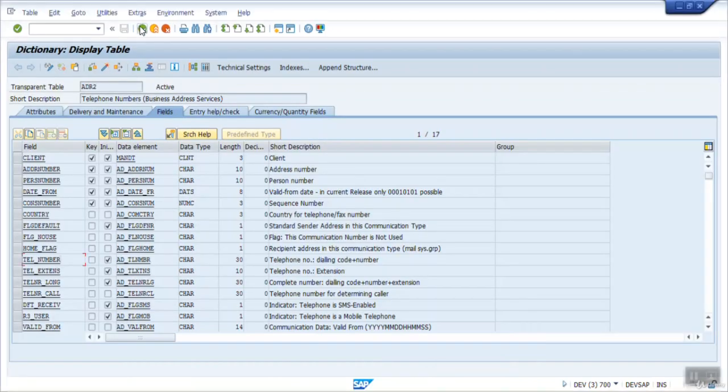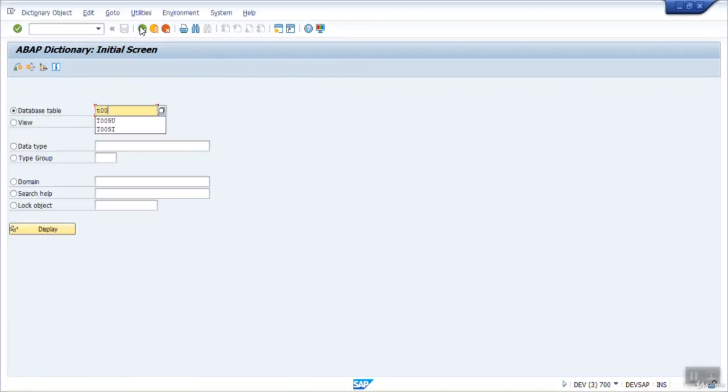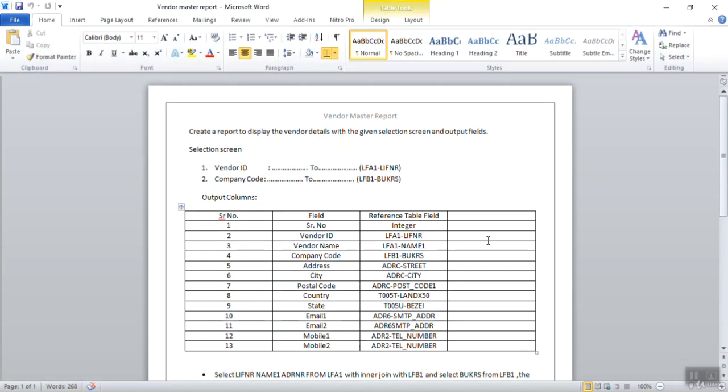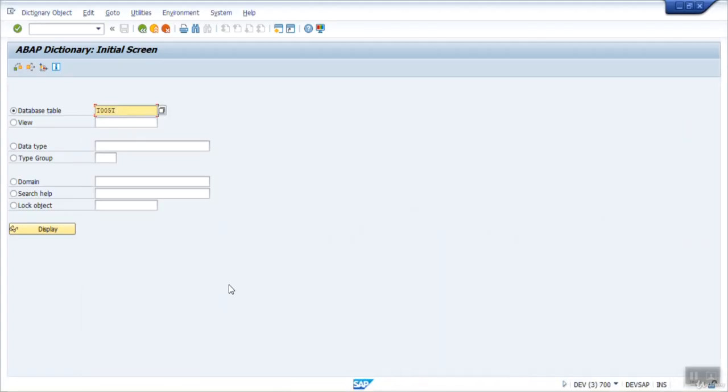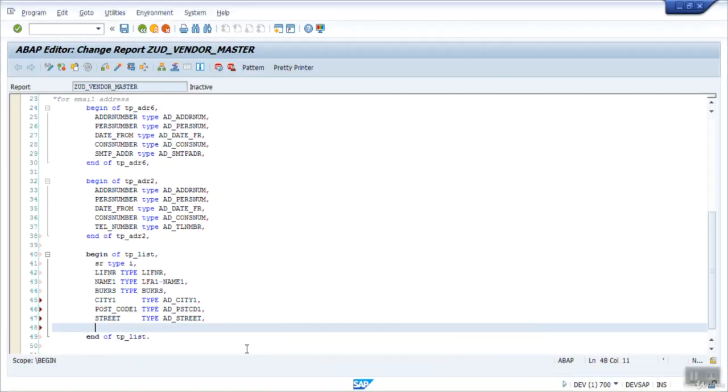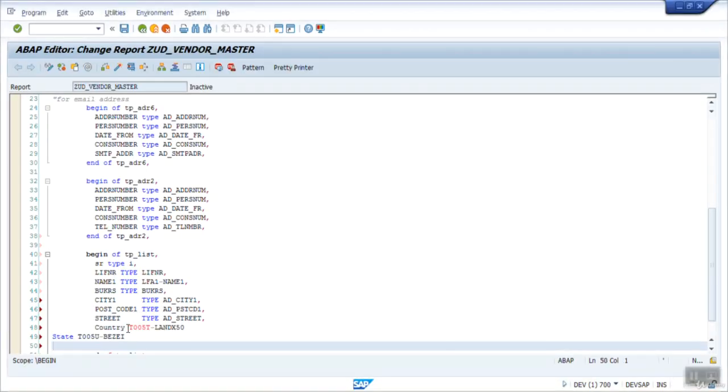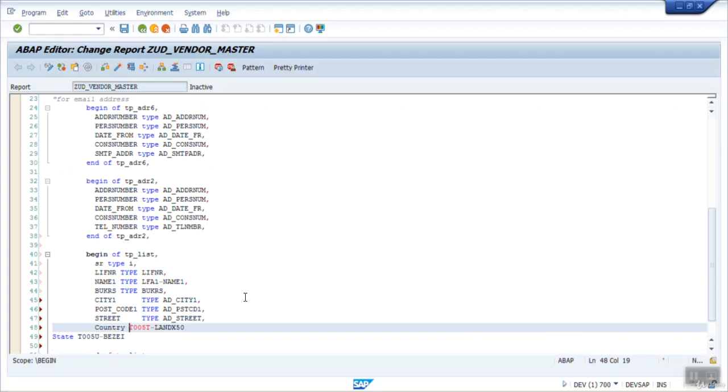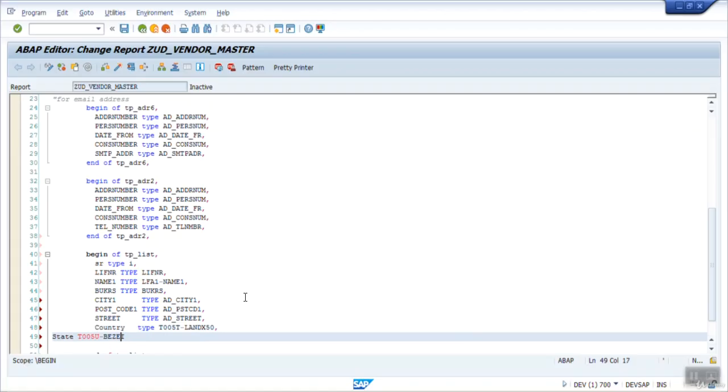For the country description, let's go back to T005T. Okay, no need to go, as I have already given it here. So we can directly copy those two fields from here. Okay, let's define with the same value. Type this, and this will be the state ID